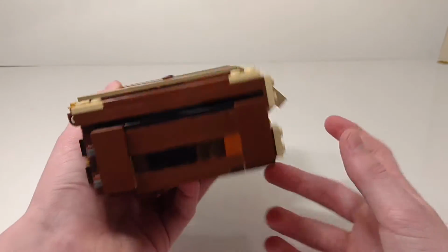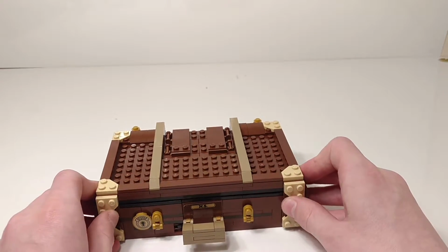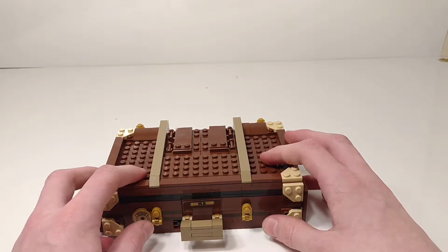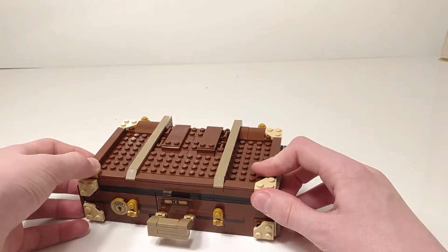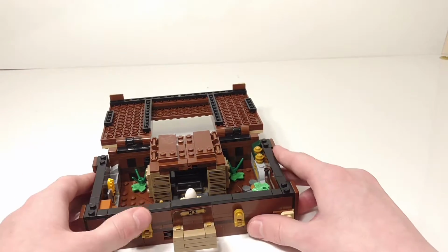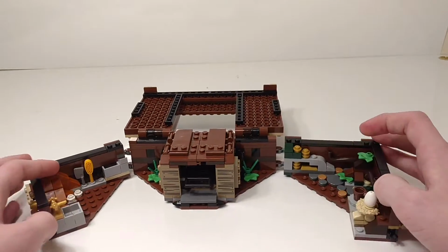So, now let's open this up, because of course this opens up to represent the fact that you can climb inside his suitcase in the movie, and it's a whole world of magical creatures. So you just lift up the lid, which actually locks down fairly well using these brackets, as well as connecting out 4 studs, or 8. And then you can open this up, it just pops open there,